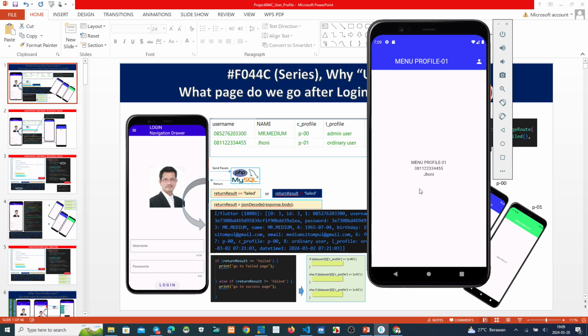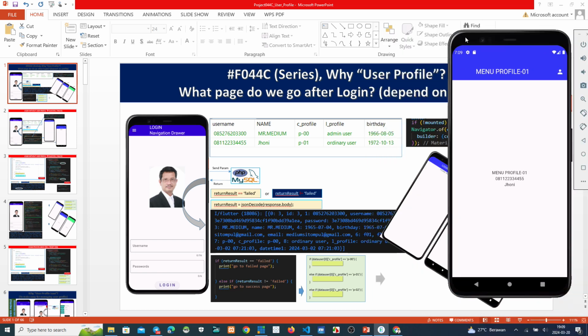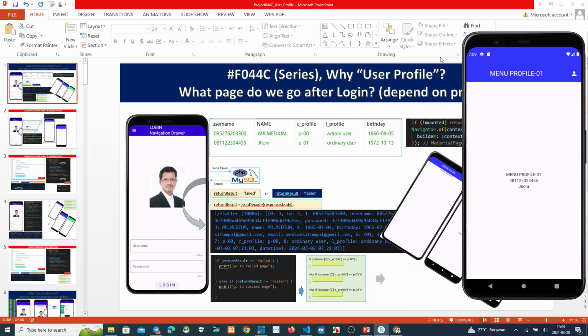Okay, now we have finished how to develop the user profile. Why user profile?